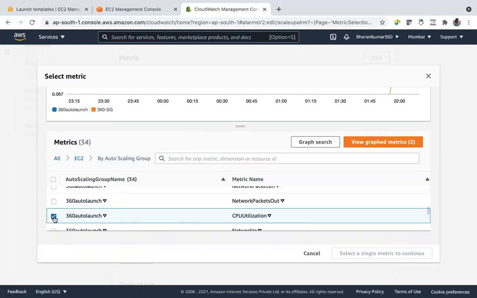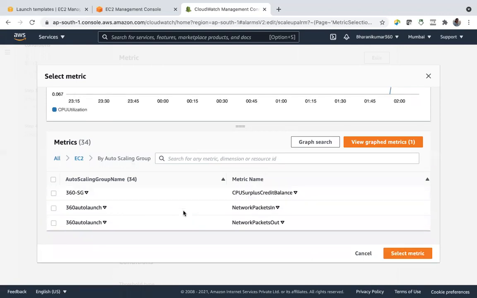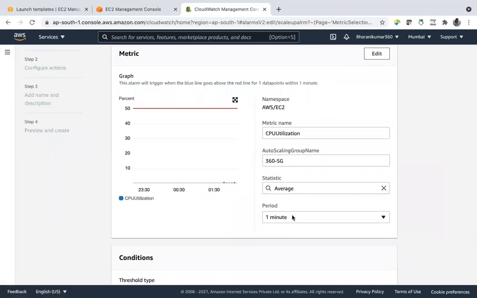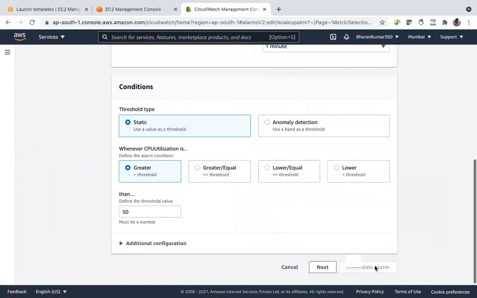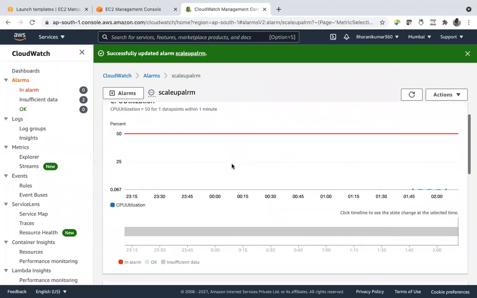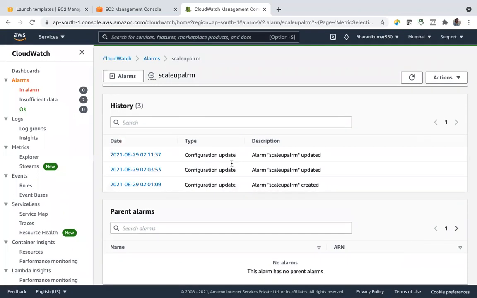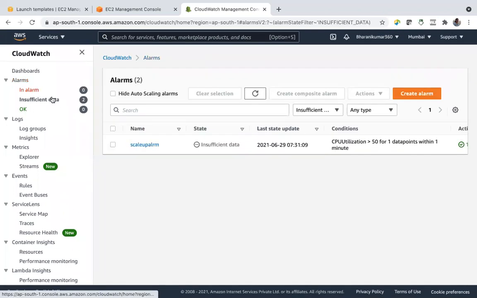We don't want this. Okay, we have chosen this. Select metric and update alarm. Okay, you can see insufficient data, but that's fine.